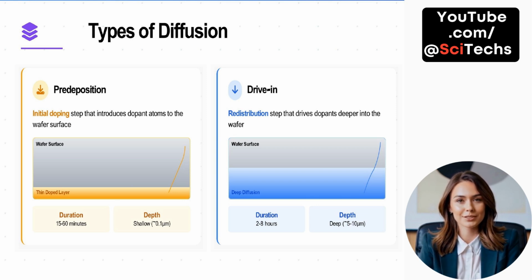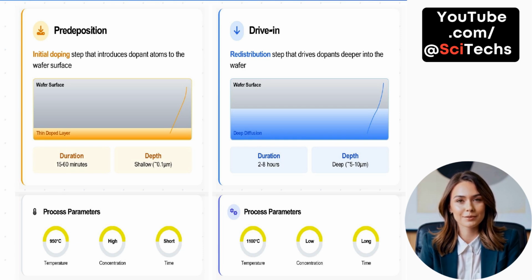The drive-in process usually lasts between 2 to 8 hours and results in a much deeper penetration, typically 5 to 10 micrometers. Together, these steps ensure precise control over the dopant profile, critical for forming well-defined electrical characteristics in semiconductor devices. Types of diffusion. Diffusion in semiconductor manufacturing includes two major steps: predeposition and drive-in, each governed by specific time,